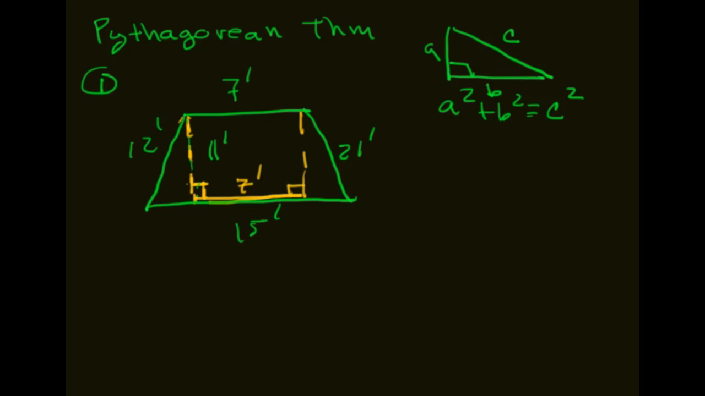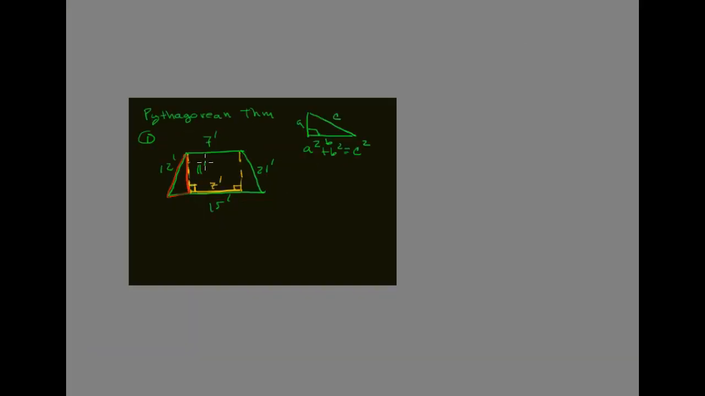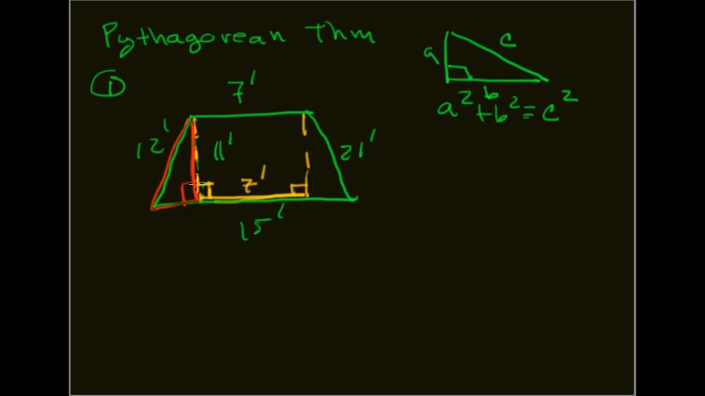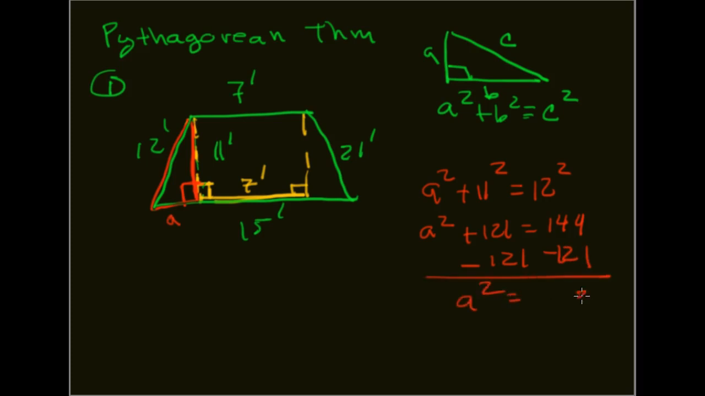So taking a look at the left here, we've got a right triangle. This has to obey the Pythagorean theorem. So let's just call that A for a moment. According to my Pythagorean theorem, A squared plus 11 squared has to equal 12 squared. So A squared plus 121 has to equal 144. If I subtract 121 from both sides, I get A squared is, let's see, that's 23, right? 1 from 4 is 3, 2 from 4 is 2, which means that A is the square root of 23,